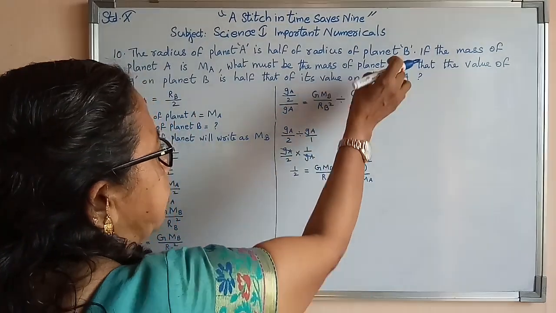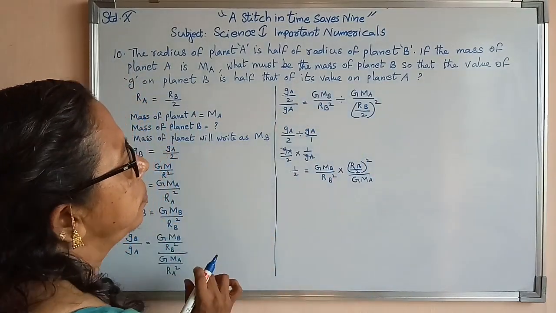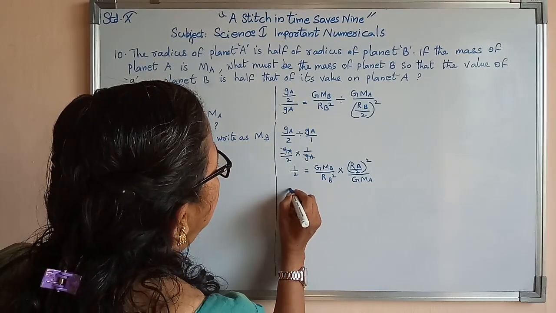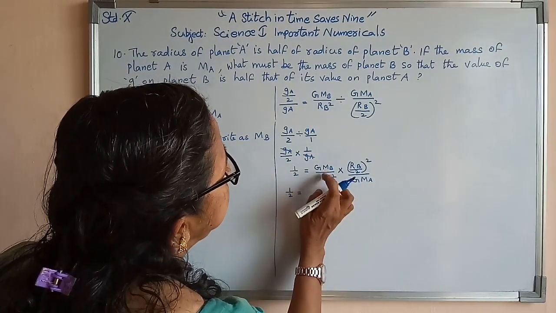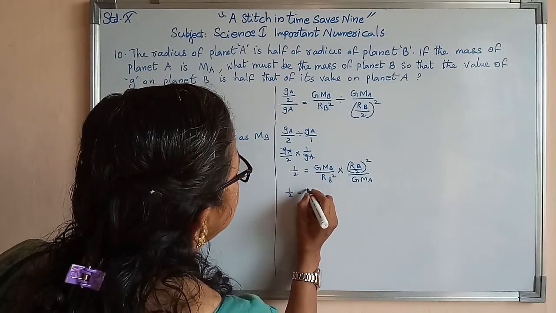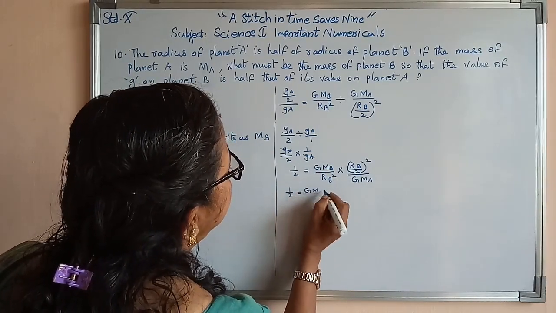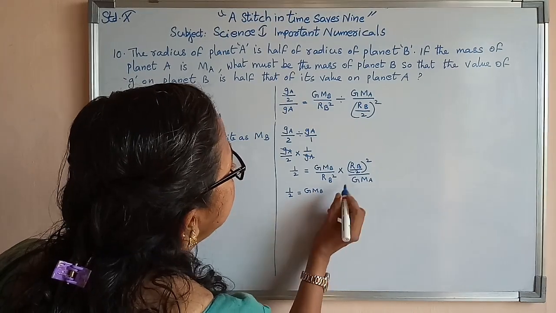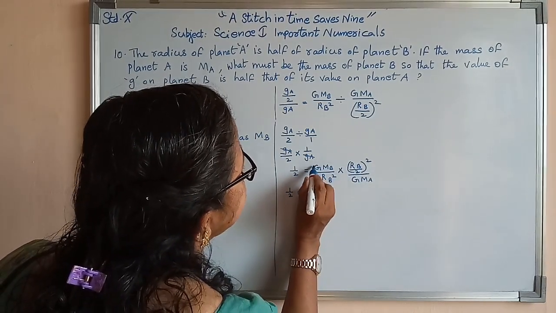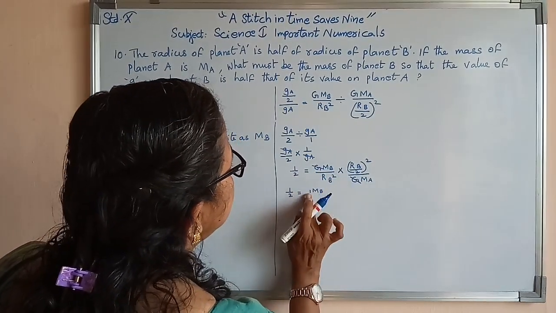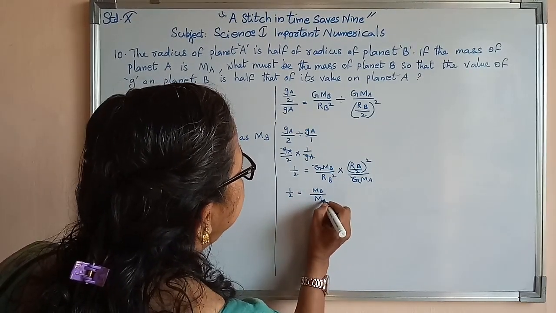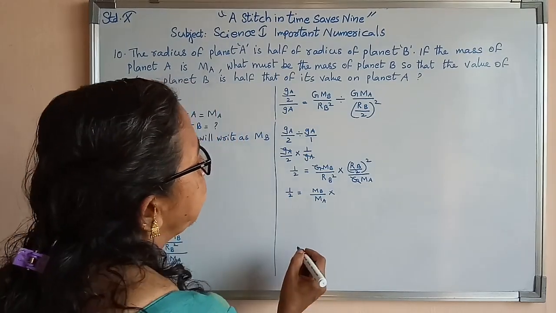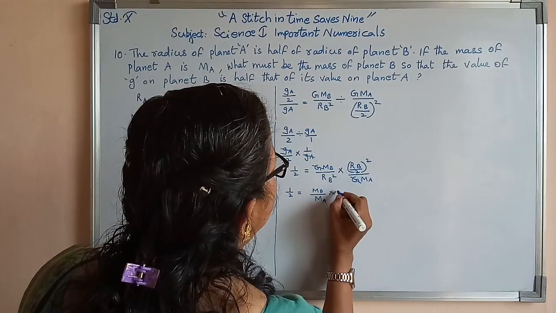The whole value I put upside, this value I put down. Now here half is equal to, putting similar things together, G Mb. Here G and G we can cancel. So I am putting now Mb upon Ma into